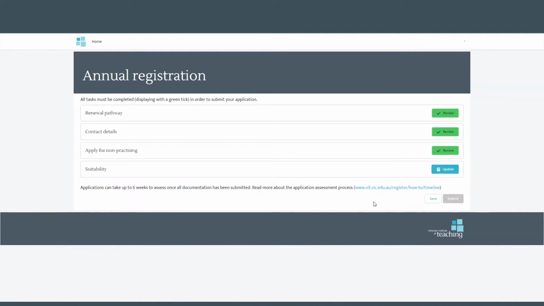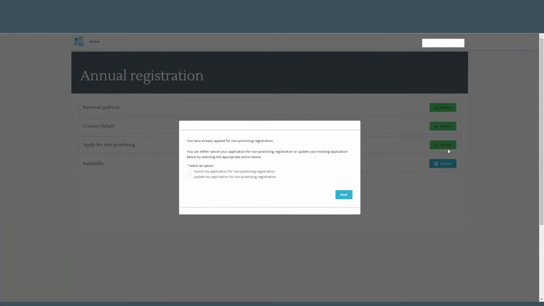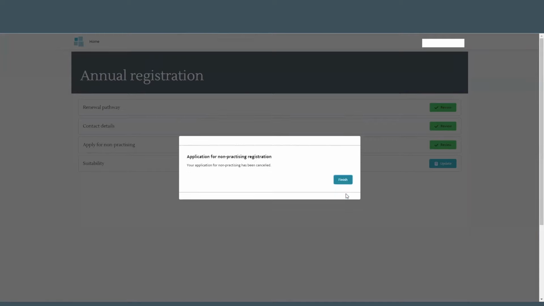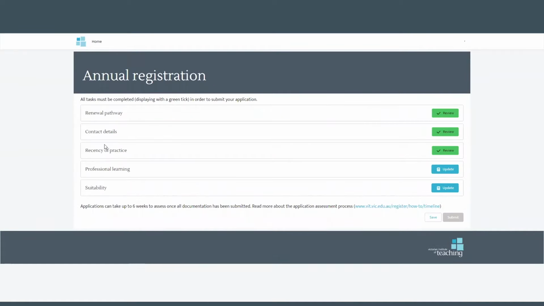If you then decide you want to cancel that request for non-practicing registration, click the green Review button and click the option Cancel my application for non-practicing registration and click Next. Then click Finish. If you indicated that you successfully completed your Recency of Practice Days of Teaching, click the Update